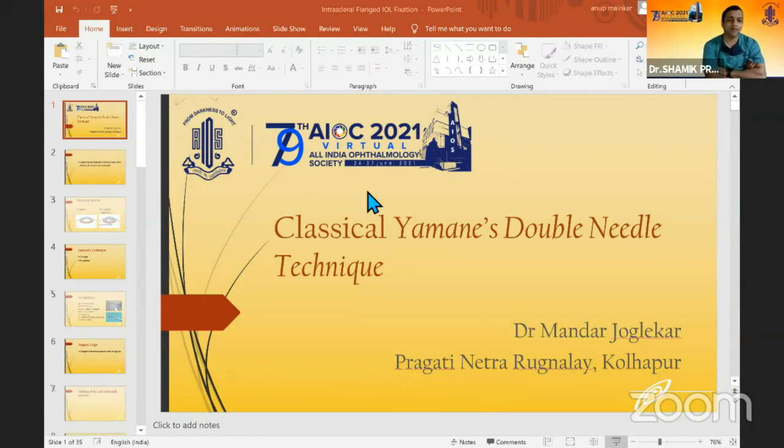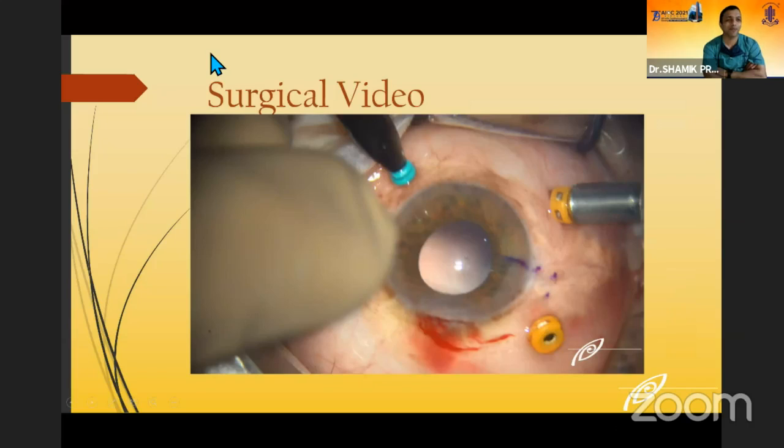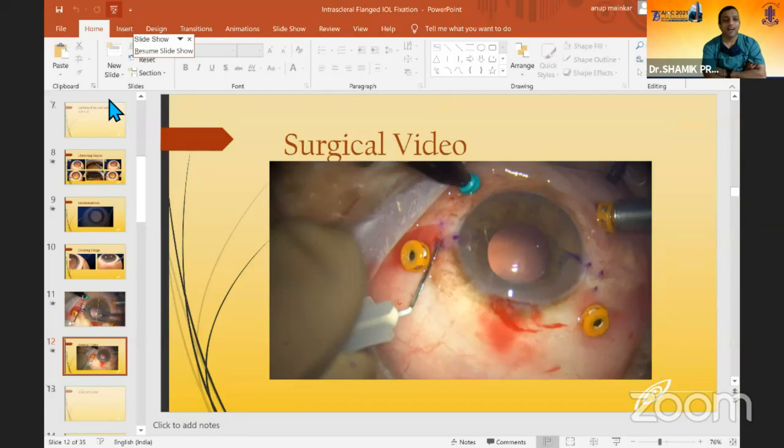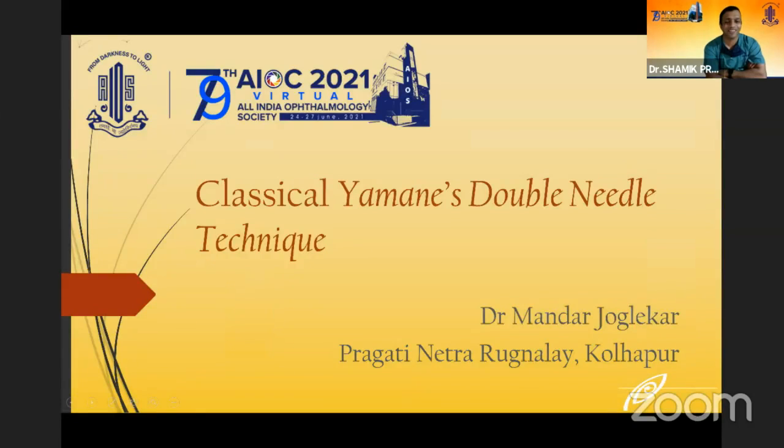That does happen, especially when we are very new to the technique. It has happened a couple of times with me, and then you really have to fish that previous haptic back out and bring it back in place. Initially we can ask one of our trusted assistants. I'm calling them trusted because he or she has to be very good at what they are doing, because they have to hold the haptic very gently, because if they hold it very strongly with the forceps, it can break.